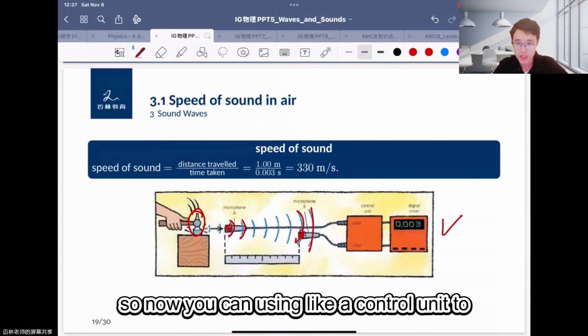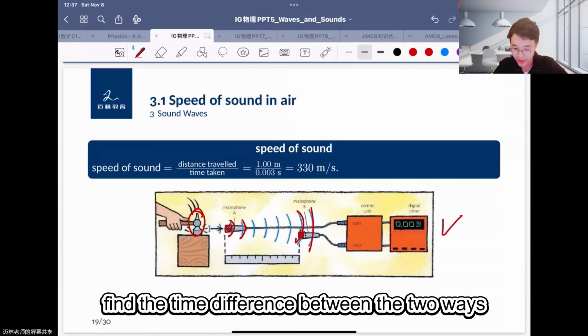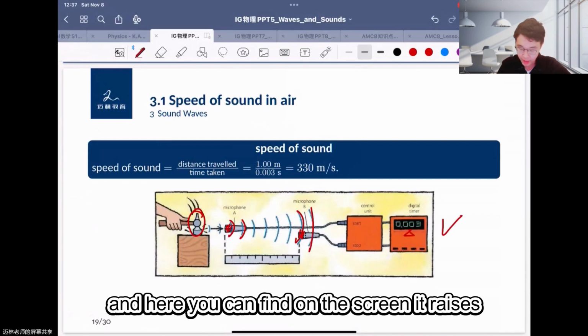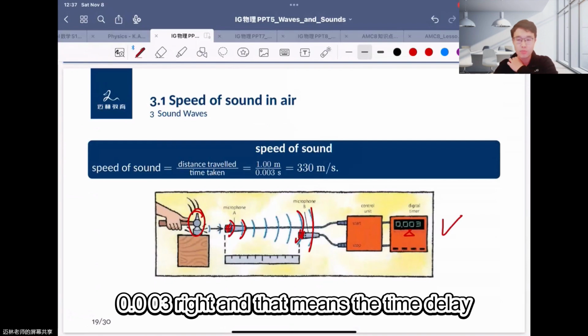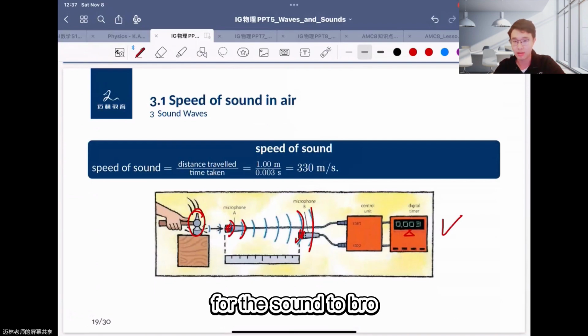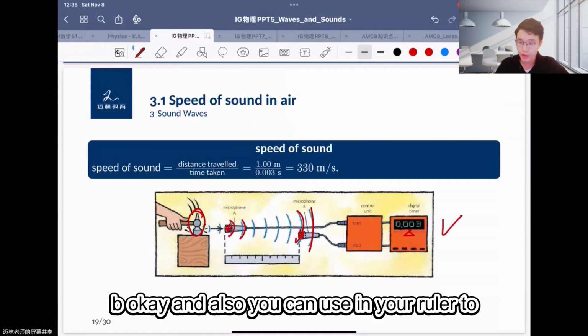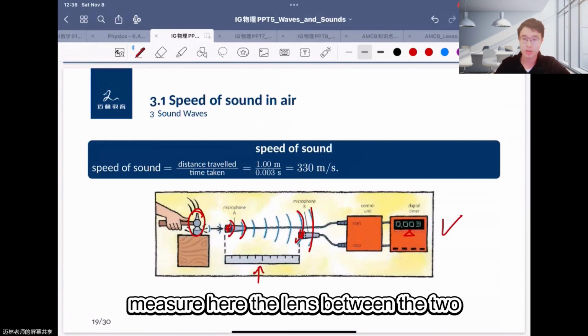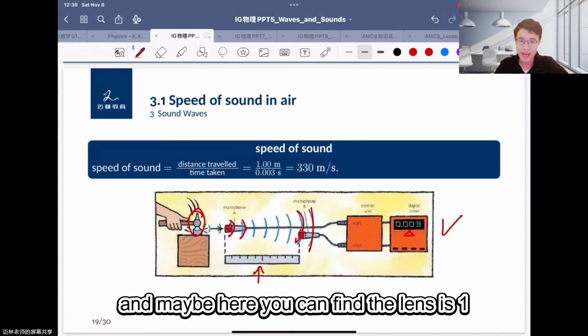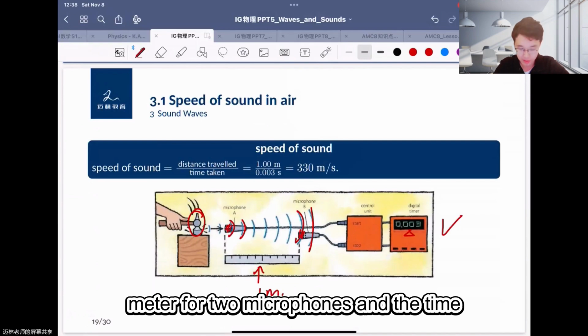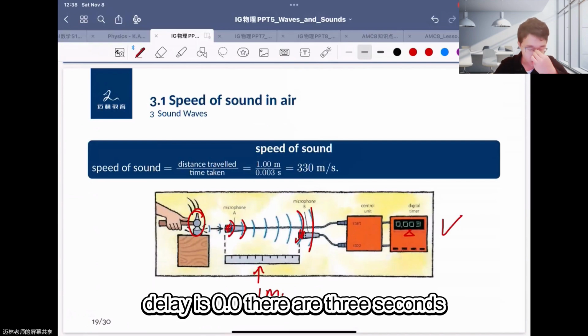So now you can use a control unit to find the time difference between the two waves. Okay, and here you can find on the screen, it reads 0.003, right? And that means the time delay for the sound from microphone A to microphone B. Okay, and also you can use your ruler to measure the length between the two microphones. Okay, and maybe here you can find the length is 1 meter for the two microphones, and the time delay is